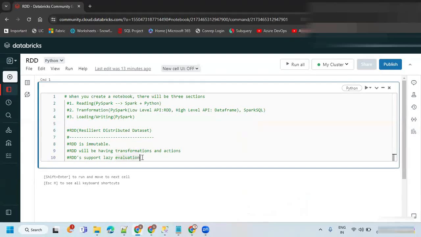If it started executing the moment it is declared, then RAM is going to be full. Because RAM is very, very important for Spark processing. In order to do data processing, in-memory is very important. Because of that reason, it will not do any execution when you create a transformation. The transformation is going to be executed only if you call the action. Because of that reason, it is a lazy evaluation.